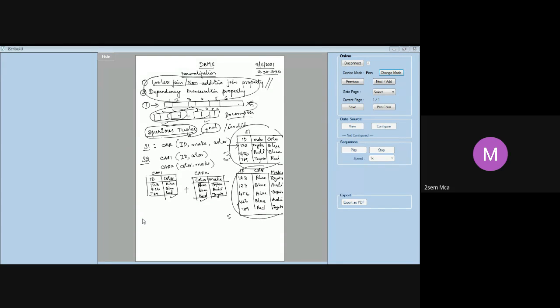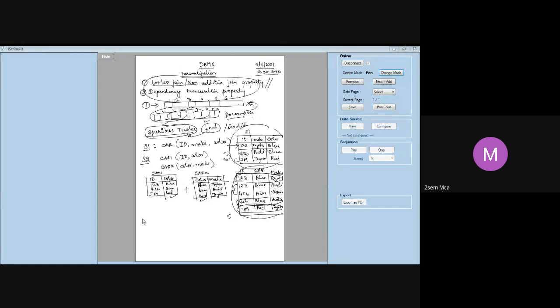123 blue and Toyota. Do we have that? Yes, this tuple we have. That is right. Second, we have 456 Audi and blue in the original table. 456 Audi and blue. Yes, I have that also. See here, that also I am having. Then the third tuple is 789 Toyota and red. 789 Toyota and red is also there.